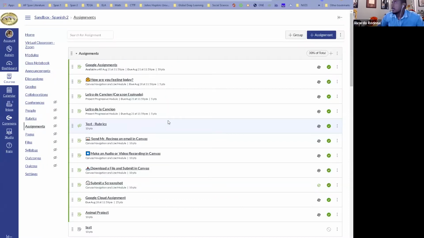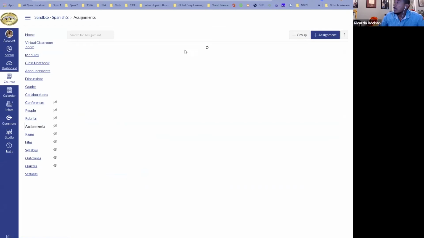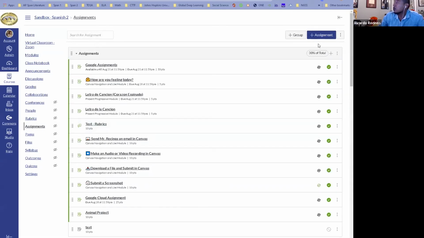Okay, and I'm going to go ahead and share my screen really quick. Teresa went over the different types of assignments that we can do inside of Canvas, but we also have some amazing tools that we can use to create assignments using external tools. So I'm just going to go to assignments, that's where I am right now. And then just like Teresa did, I'm going to go to assignments right here, and I'm going to create an